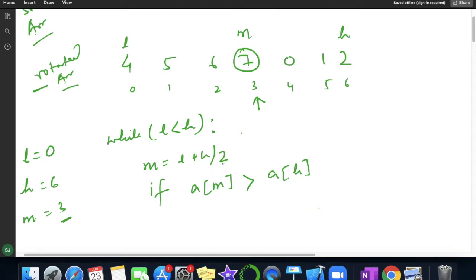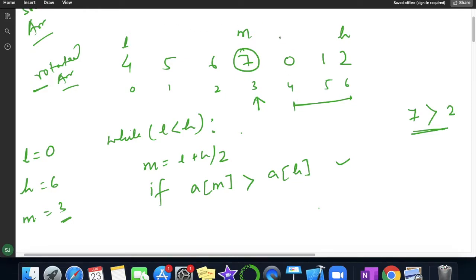If the condition is satisfied, a of mid is 7, and 7 is greater than a of high, which is 2. If this case is satisfied, then what we have to do? We have to forget the left section and our minimum is present in the right section only.